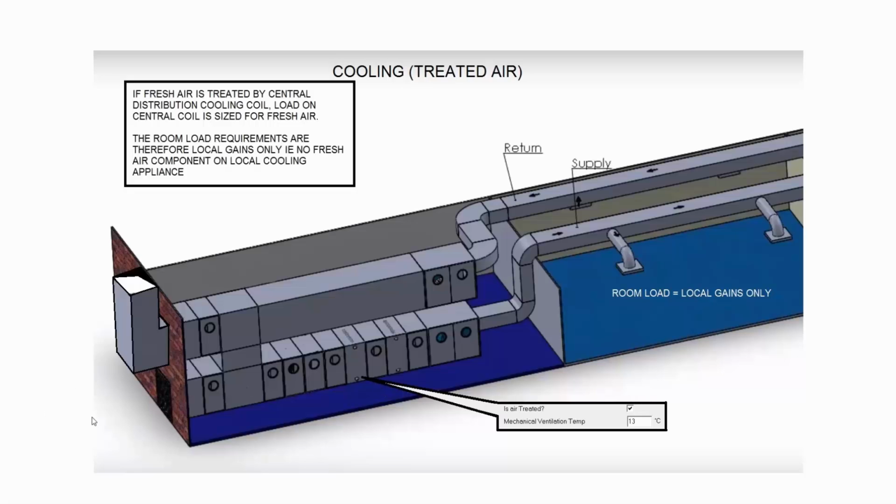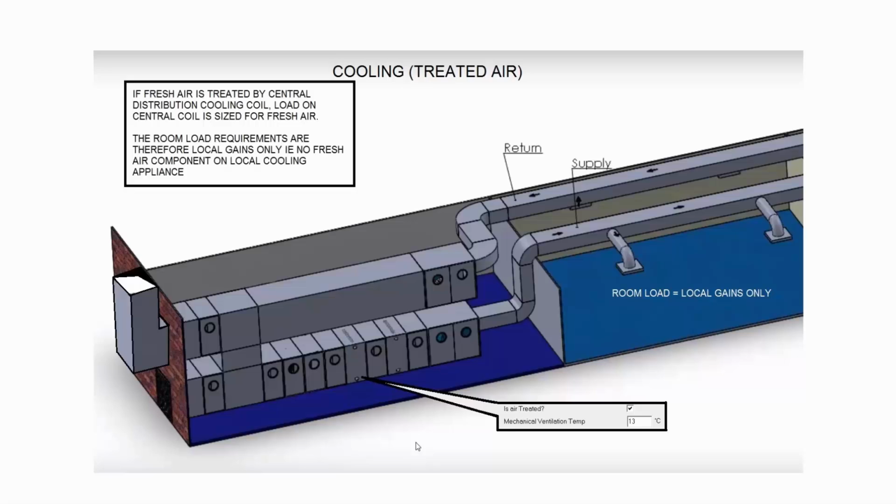So if you've got a -4 temperature coming into the space and your off-coil is 13, then you have a 17 degree delta T. That will size the heater battery based on that situation, leaving a remainder in the space, which you've then got to offset with either radiators or local fan coil units. So the way the air is treated has a bearing on what you're doing with your fresh air into the